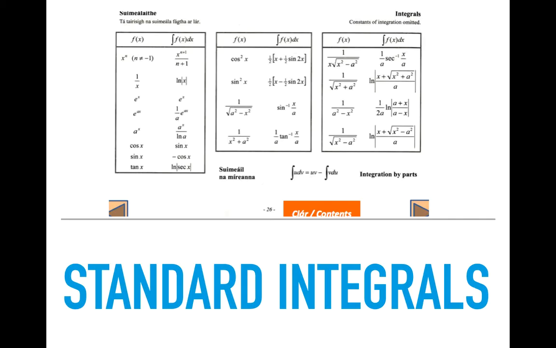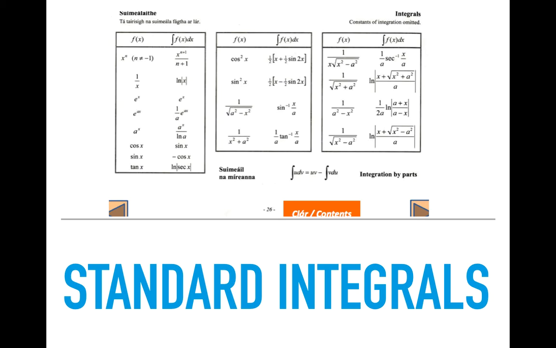Okay, so your best friend for today, and probably the next day as well, will be page 26 of the log tables. These are the standard integrals. And we have 3 columns there. The left-hand column are the ones that are the relatively easier ones, and they pop up very often. So the first one is